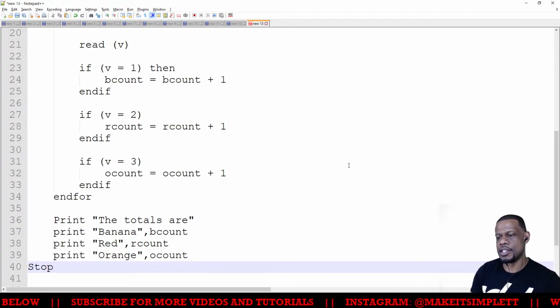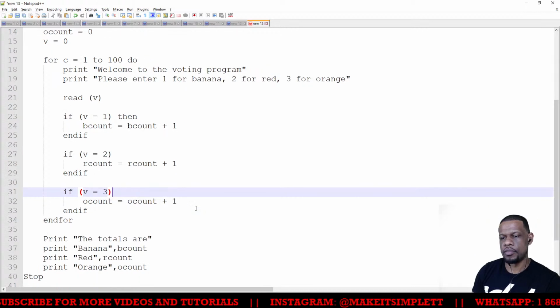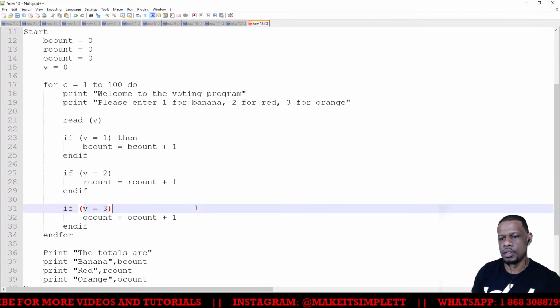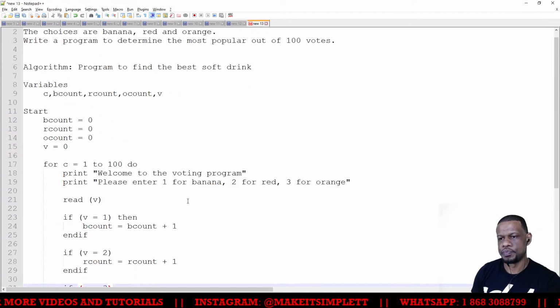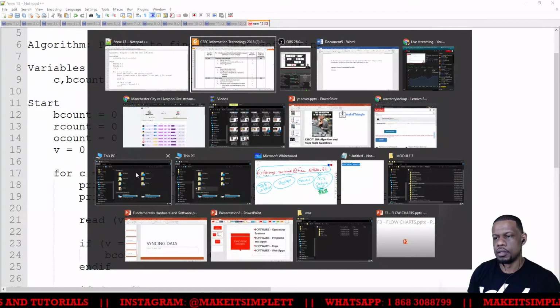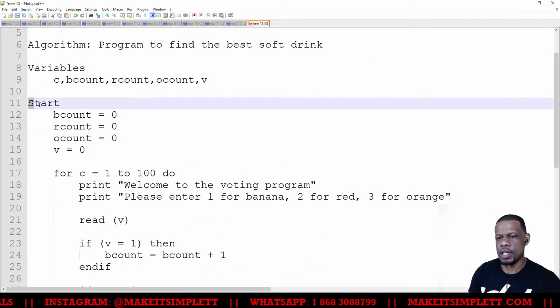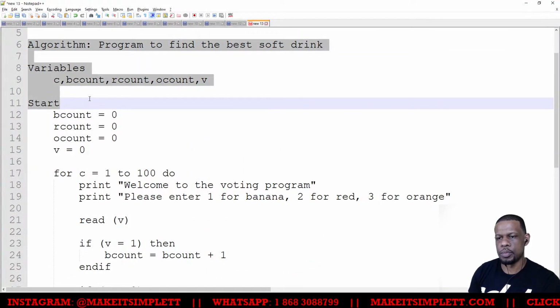And that there is a whole algorithm for SBA that will get you all the marks. Every single mark that you need to get. So watch it from start to finish. Let's see where the marks are coming in. We have start of the algorithm. Do we have a start? Yes, we have a start. I think they're checking all this for the start, but not too sure. So just make sure you put all of that in.